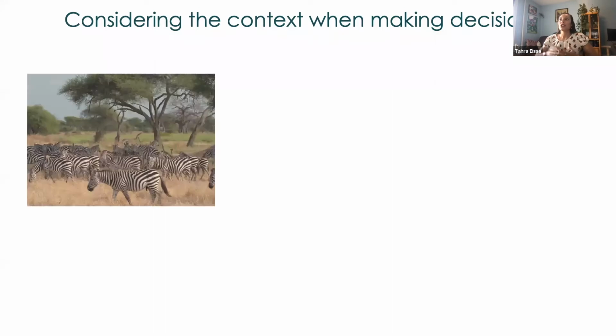as a whole. And so specifically, I want to start by thinking about how context really dictates how we make our decisions. So for example, let's imagine that we're a zebra and we're interested in finding food. And so if this is a foraging problem, we can think about our decision in terms of where do I want to go? How many other zebras are foraging in the same area? Are there predators in this area? There's all of these components that we have to consider, and those components are going to be different based on